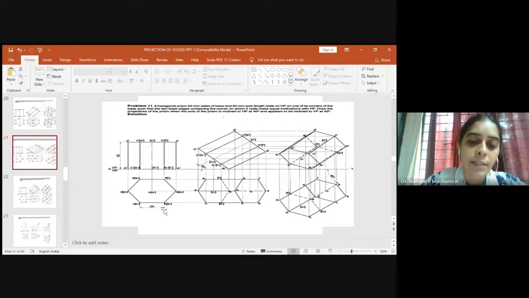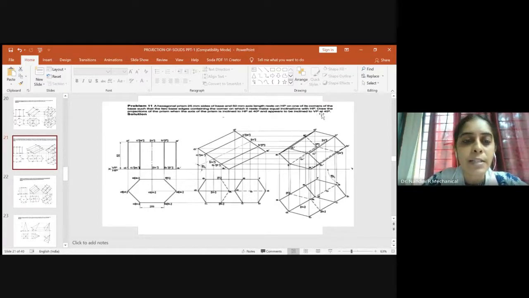And similarly, here you have B and F. So when the observer views from here down, B will be visible and F won't be visible. So it becomes B dash and F dash. F dash is not visible, put within the bracket. And here again, when it views, A will be our A dash. So this completes our first stage of the hexagonal prism, in which case it is resting on one of its corner. Right, so once the first stage is done, kindly go through the question again.